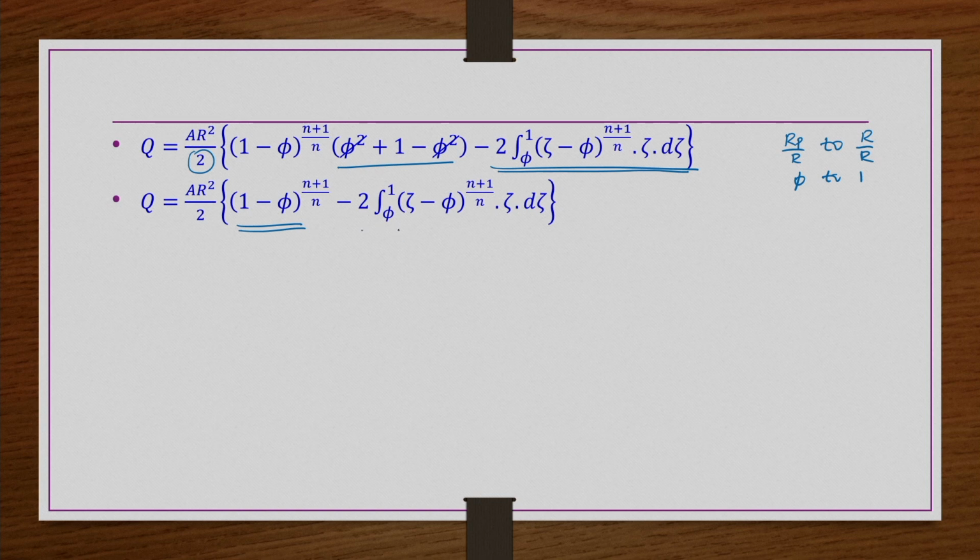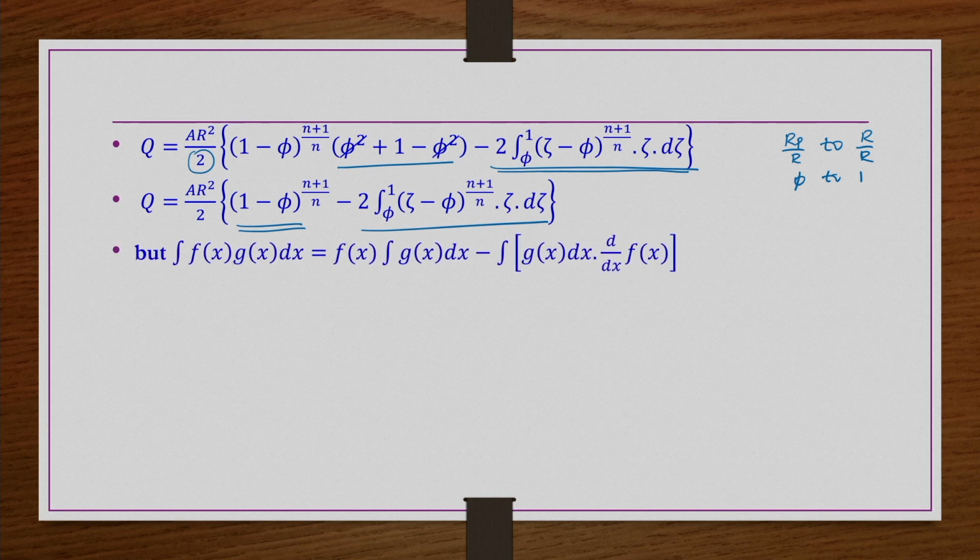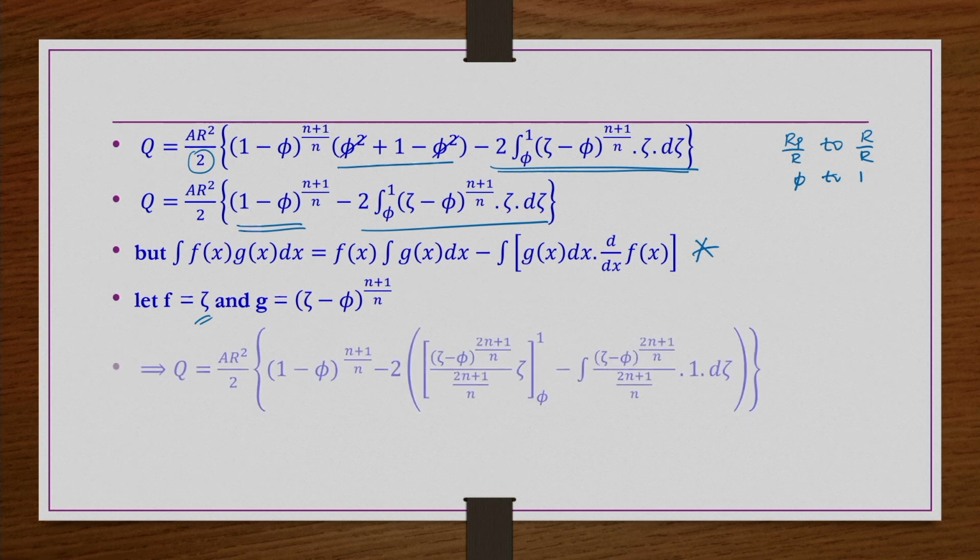So, now this term we can integrate, so that we can finalize and get the final expression. We know this expression, integral f x g x dx, and following this equation, f you take as zeta and g you take as (zeta minus phi) whole power (n plus 1) by n. So, here minus 2, and then